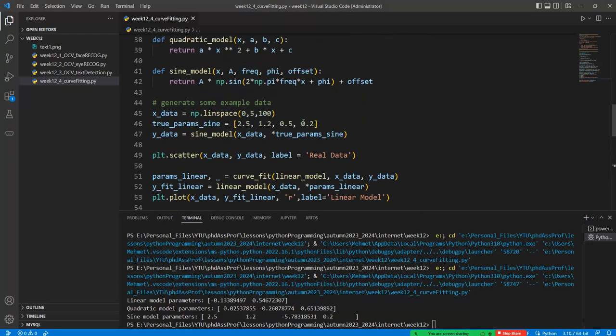Okay, and so if I rerun this code, then I have this figure, but in the sin parameter model, in the first place we assigned 2.5 and 1.2 to this model, and in the third place we have minus 5.17, and so this is wrong. But our model is okay in here, because in the curve fitting or the optimization algorithm we cannot reach the exact solution of the system, but we can only approach to the